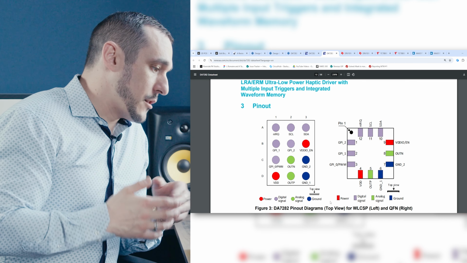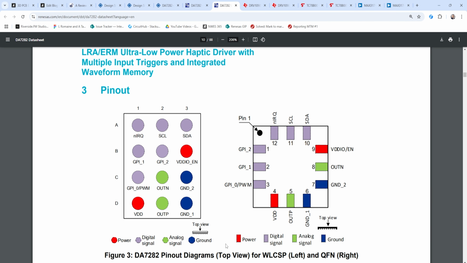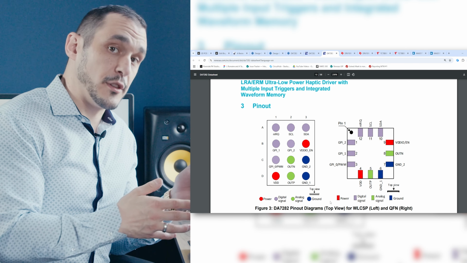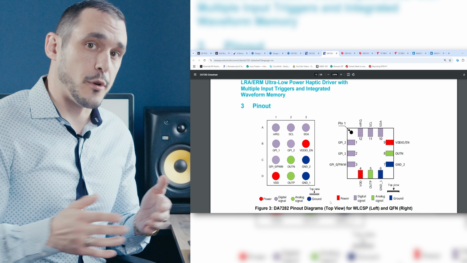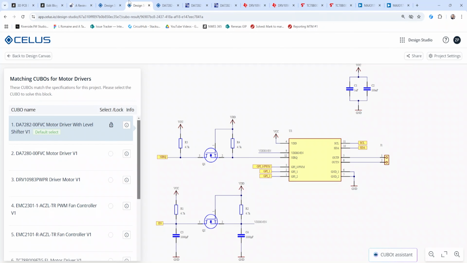These wafer level chip scale packages that you see here on the left come in this BGA footprint, and that BGA package is going to be much smaller than the equivalent QFN. So that really helps you reduce the form factor if you need it. Now, if we just go back over here to the schematic and take a look at the pins, we see